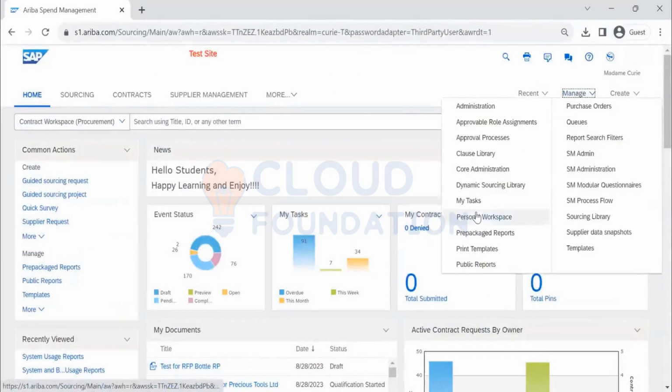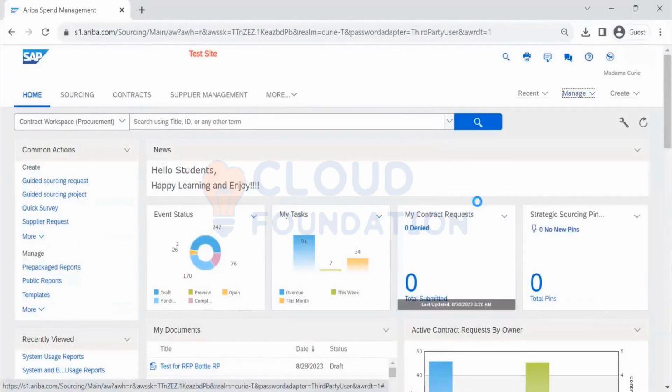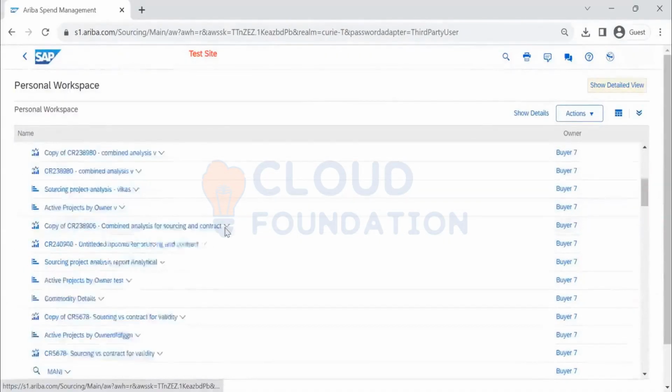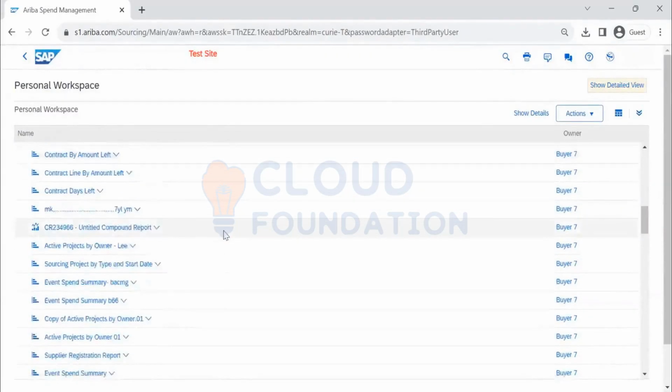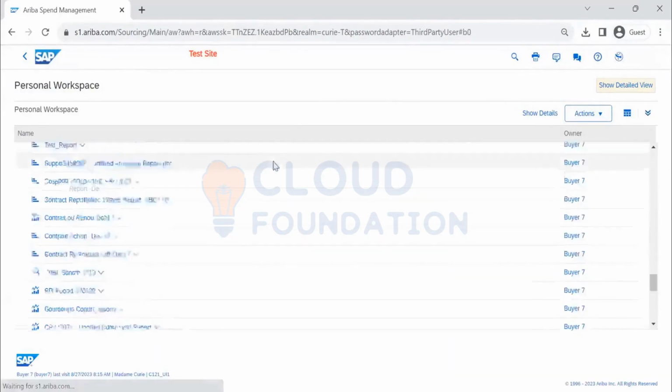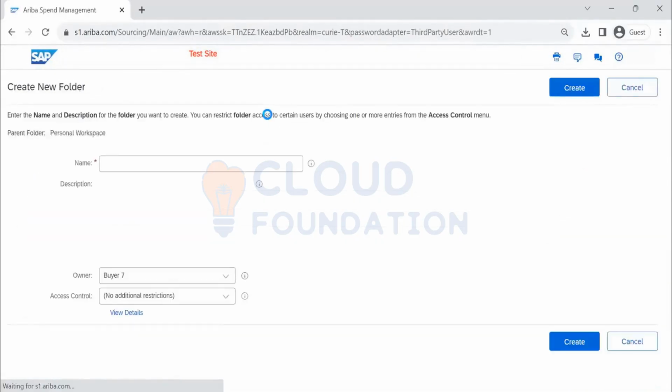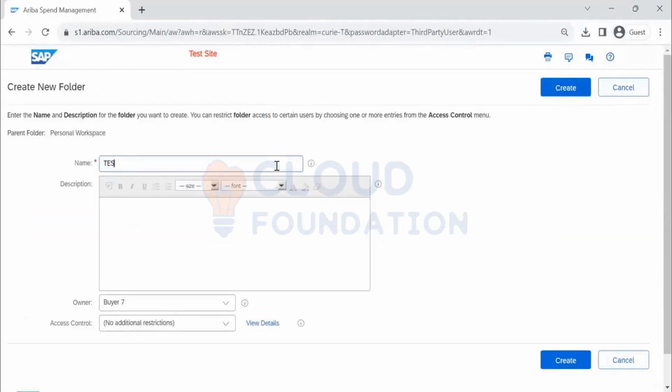Now we will see the personal workspace reports. Whatever I have created will be available in my personal workspace, demo report and other report. If I want to organize this, I can do that by going to the action, creating a folder. Then you mention what the folder name is. You can define it if it is for sourcing or whatever you want to classify as per your convenience, or project, month-wise, or whatever you want. I'm just giving, for demo purposes, a test demo folder. This consists of